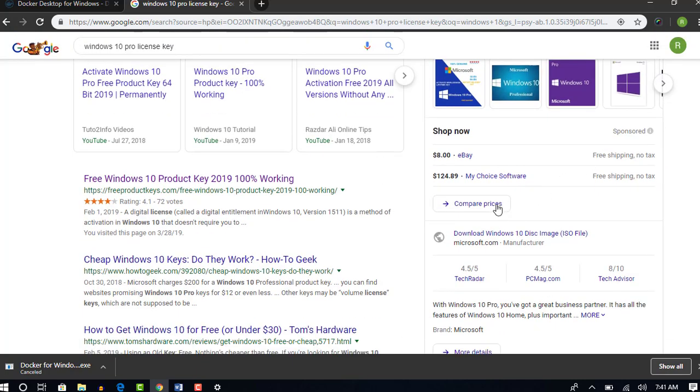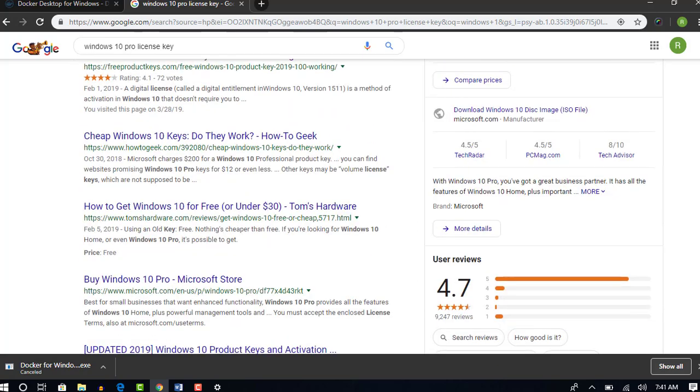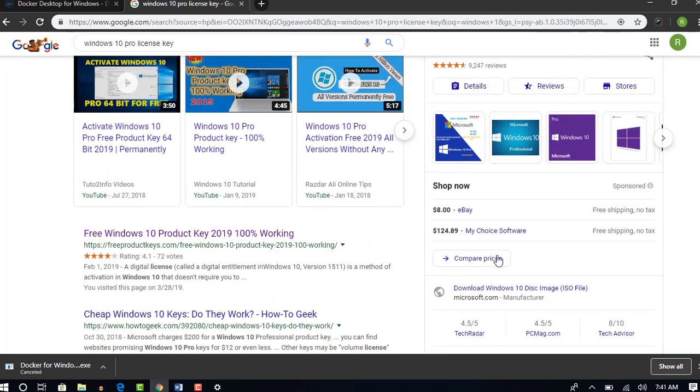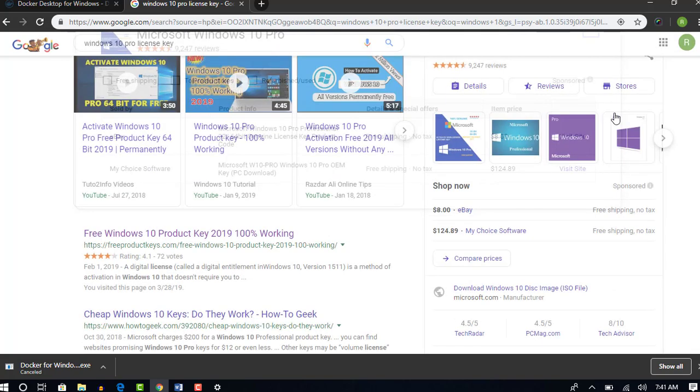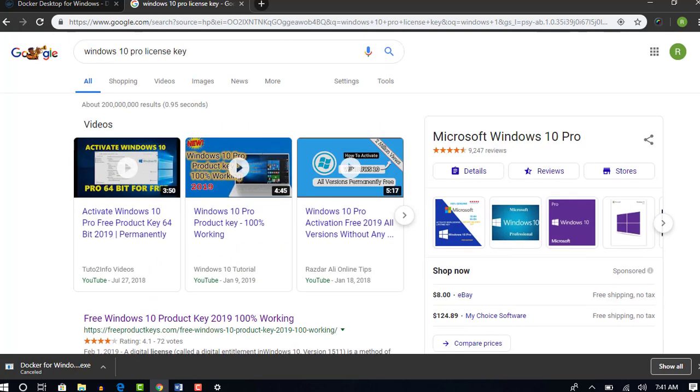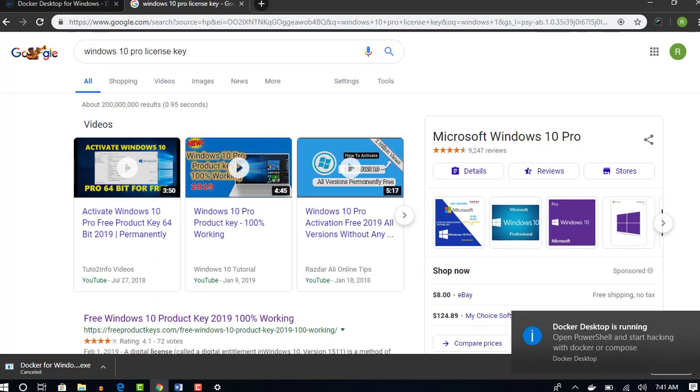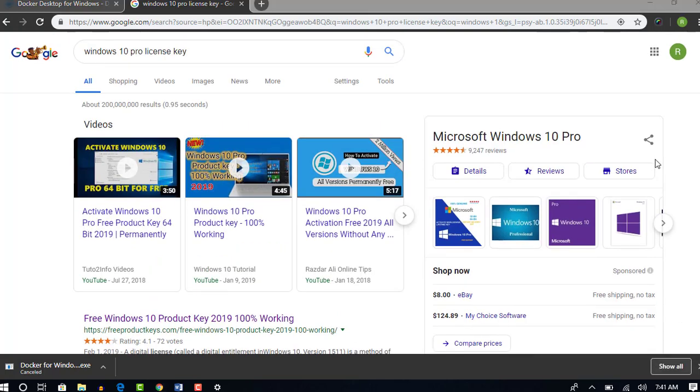So you will find that. Just click on compare prices. Yeah, this is the best deal, where you have it for $8. That's not a big price, you can simply buy it for $8. Once you have bought that, you will get the license by email.